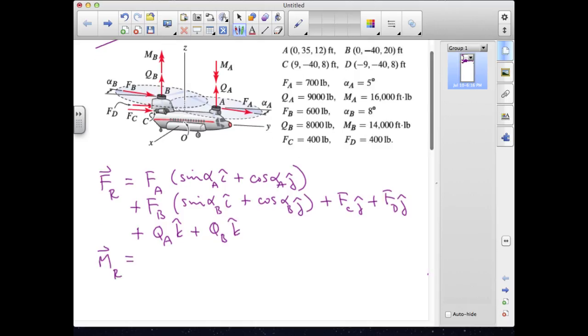For the resultant moment, given the directions in the figure, we can write these as MB in the K direction minus MA in the K direction. Then we have two sets of forces acting at both A and B, and so we can write plus RA crossed into QA plus FA, plus RB crossed into QB plus FB,